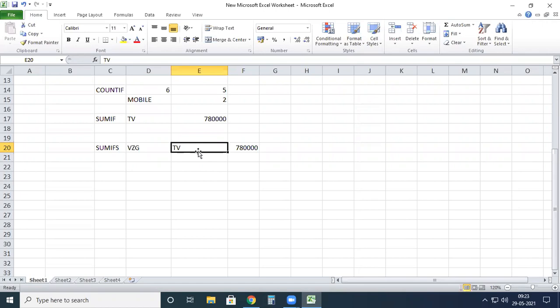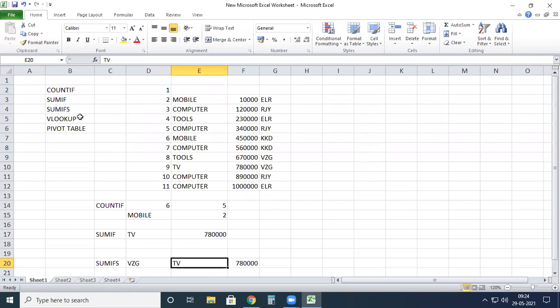In the same way, we can consider large organizations also. For example, if we consider a Hero Honda showroom, what is the sales in that particular area, Eluru? What is the sales in Vijayawada? What is the sales in Tadepalligudem? What is the sales in Vizag? What is the sales in Kakinada? How much sales are done in Hyderabad? Like this, we can easily find out by using these formulas.